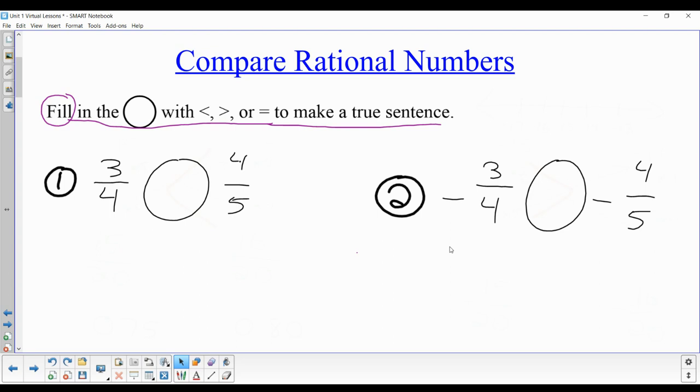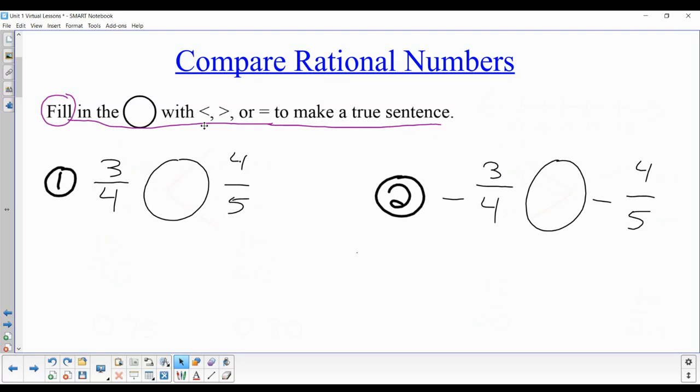Hello, in this video we are going to go over comparing rational numbers. We are going to fill in each circle with a less than, greater than, or equal to symbol to make a true sentence. I am going to assume for this video that you know how to use a less than or greater than symbol and that you are aware that the mouth of the symbol always opens up towards a